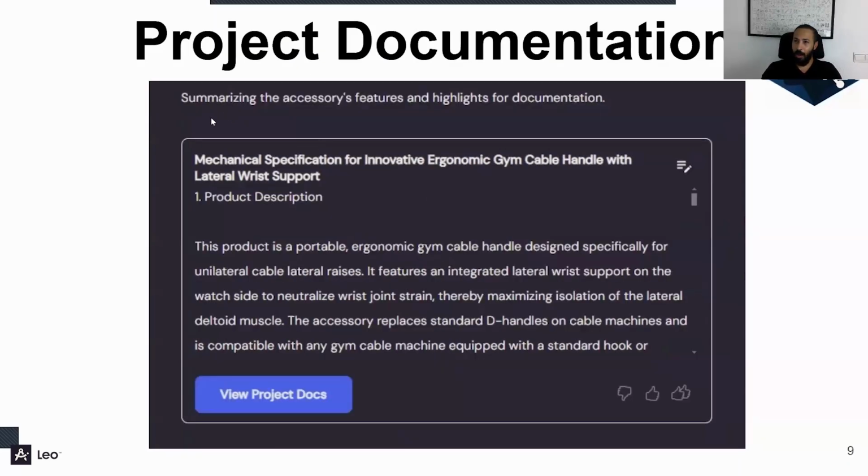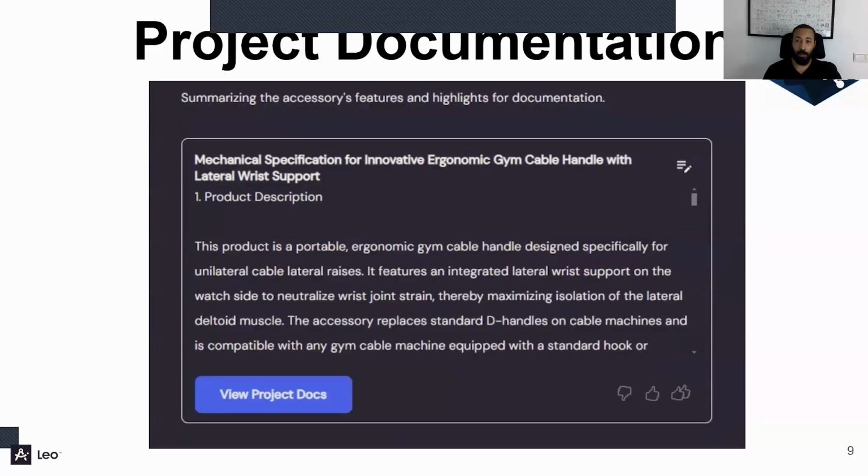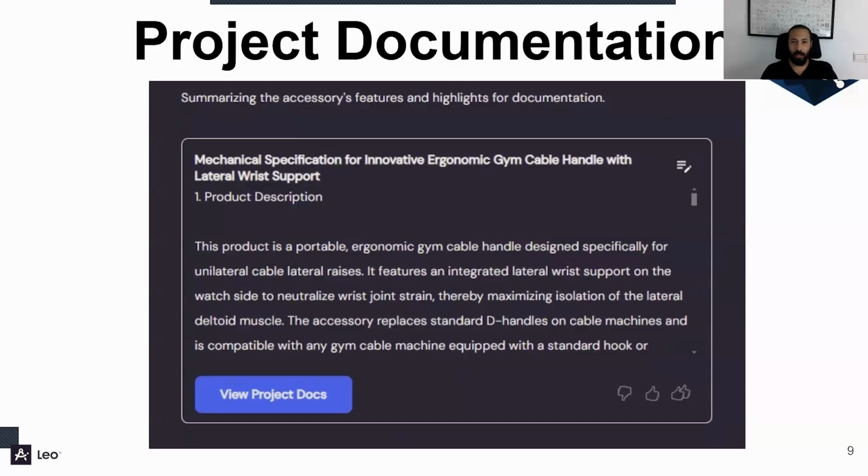Another thing that I got out of our Leo AI interaction is the project documentation, a very, very important part that you can always copy and put in your final documentation, add some details to it, modify it, present it to your client if you're working on a project with a client, or present it to your management.